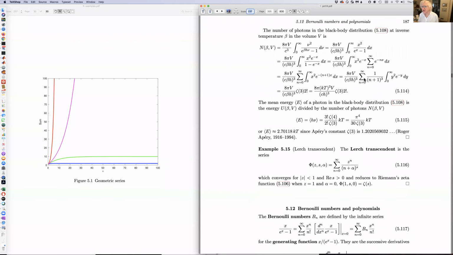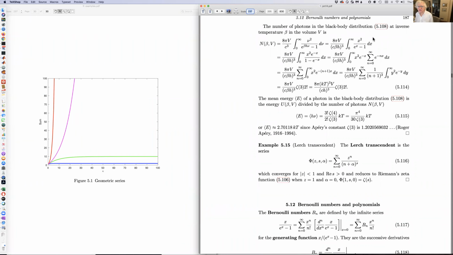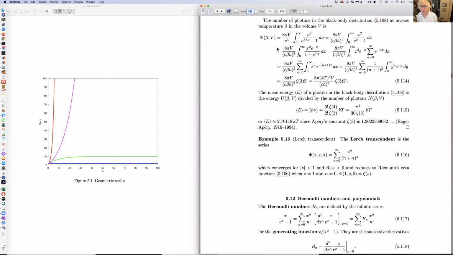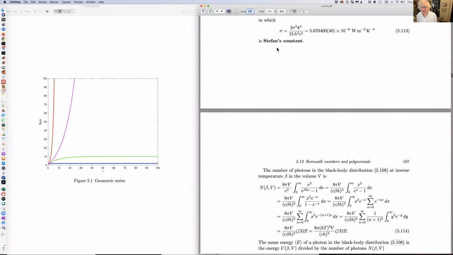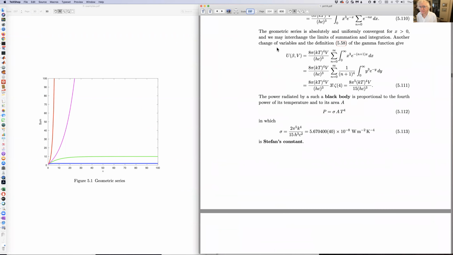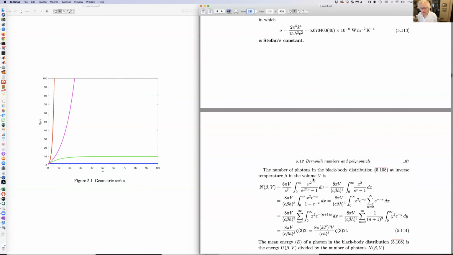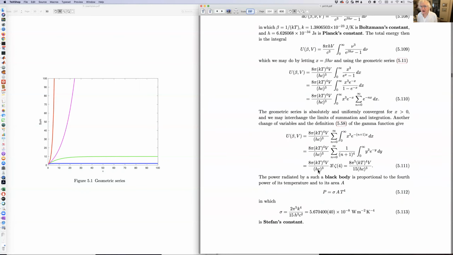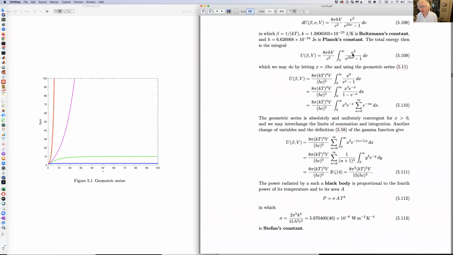The number of photons in a black body distribution at, we call beta, which is 1 over kT, the inverse temperature. What is it? Well, so let's see, what did we do here? The number of photons, right, you see,